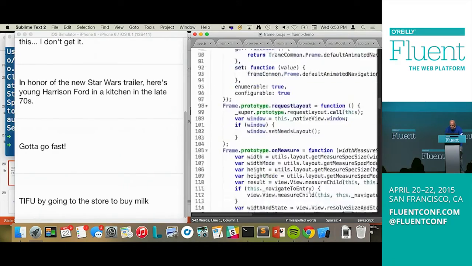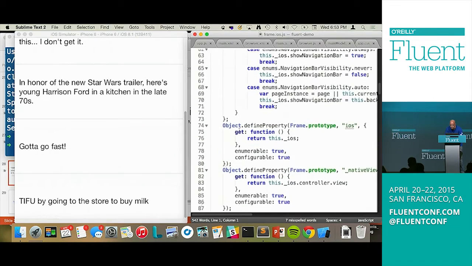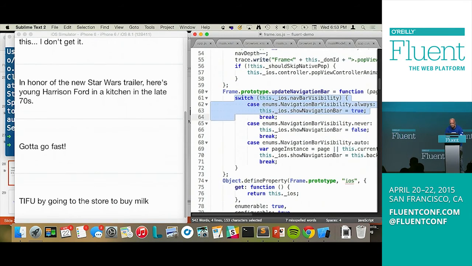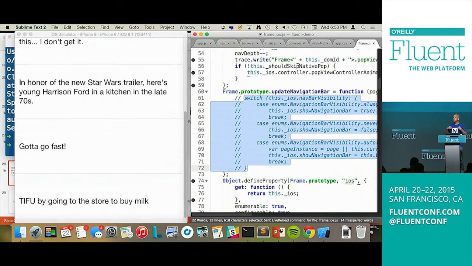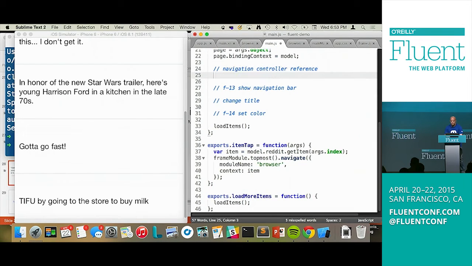Wasn't the frame? Did I pass it? Right here, right? Yeah. All right, so I'm going to turn this off. This is controlling the nav bar. And what I want to do is I'm going to manually control the nav bar from iOS. So over here in this main.js file, what I'm going to do here is get a reference to, watch this. This is going to blow your mind,